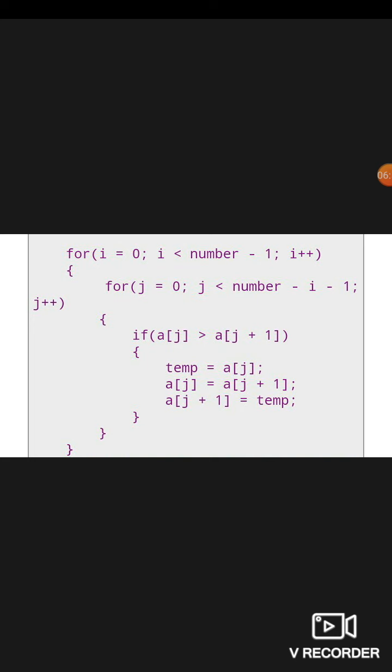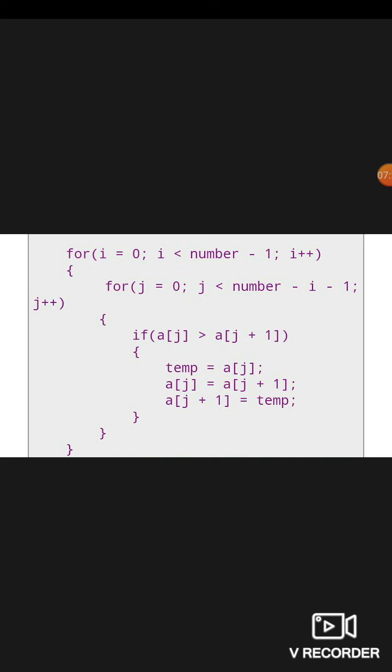Okay, so in that algorithm, there were 2 loops, one outer loop and an inner loop. Have a look at the outer loop. The temporary variable used is i. How many steps were required for 5 elements? 4 steps were required, right? That is n minus 1 steps were required. So what is the condition here? You can start from i equal to 0, and stop when i is less than number minus 1, or you require 4 steps. i less than number minus 1 is the condition for the outer loop.